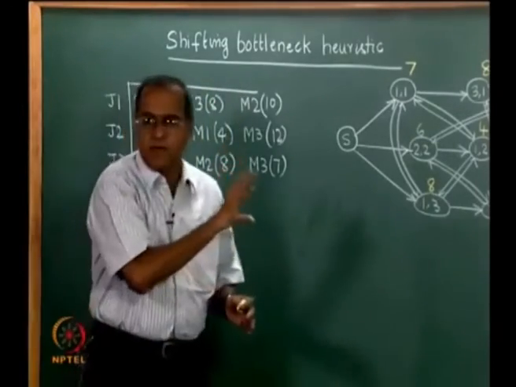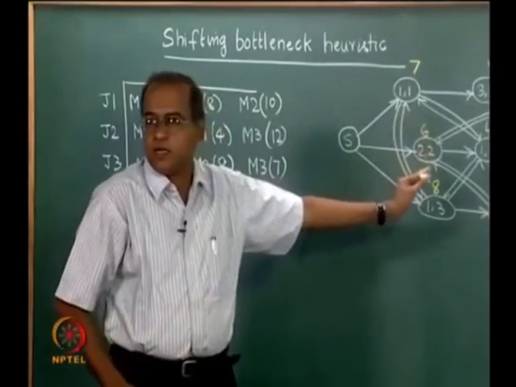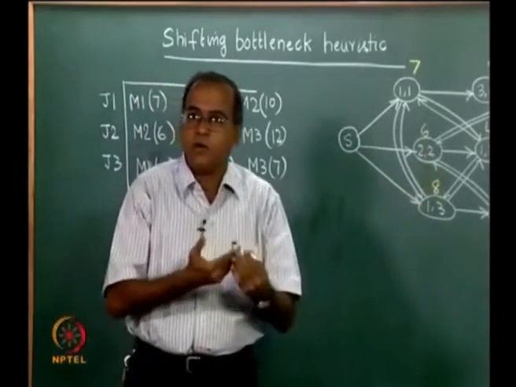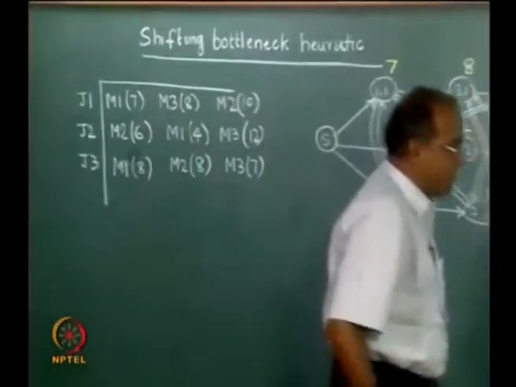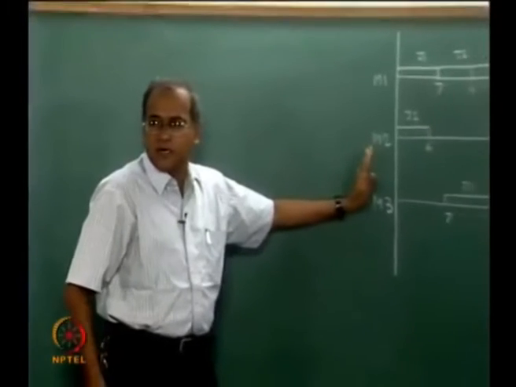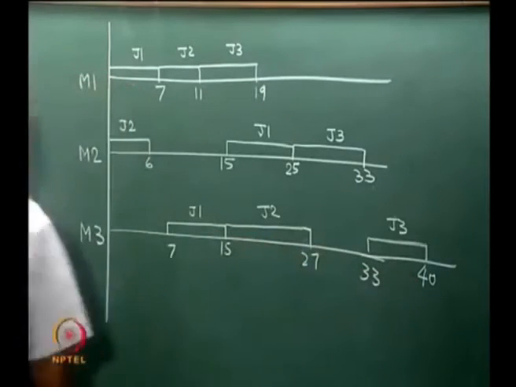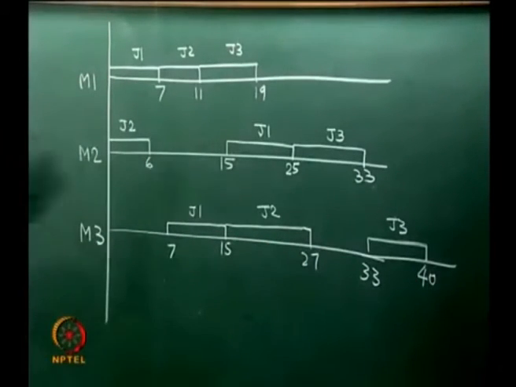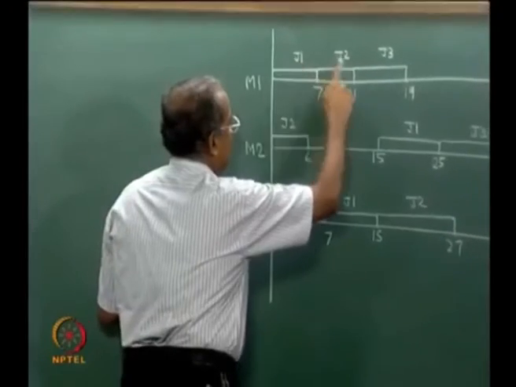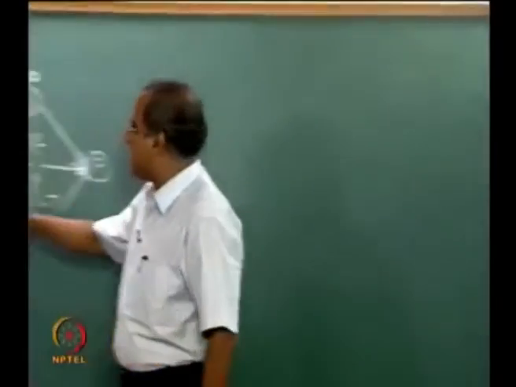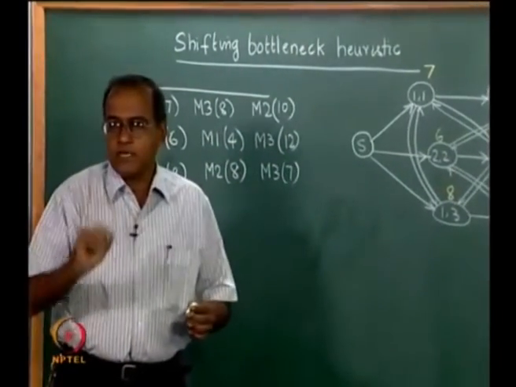Let us explain that aspect by first looking at the SPT solution, showing how we are able to capture that 40 on this network, and then showing how the longest path represents the make span of a given schedule. So, we have already seen this Gantt chart or bar chart in a previous lecture, where the make span is 40. More importantly, for the SPT schedule, M1 is taking the jobs in the sequence J1, J2 and J3. So, let us try and match that here, where M1 is taking them in the order J1, J2 and J3.